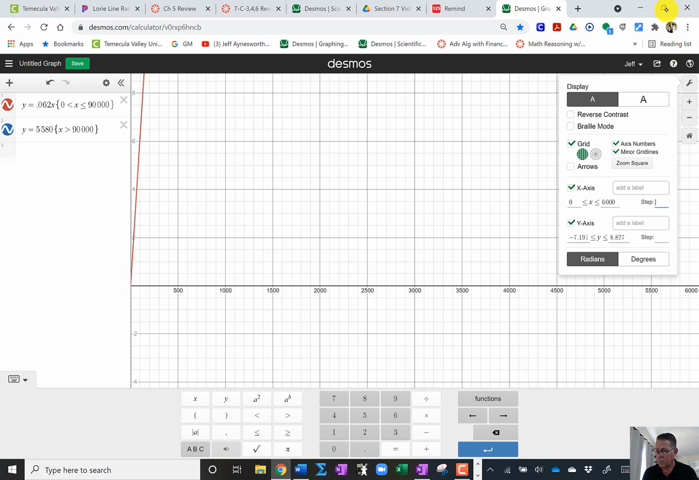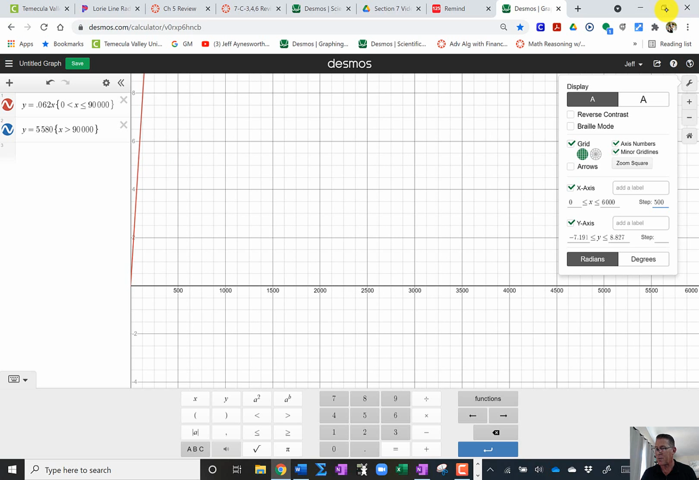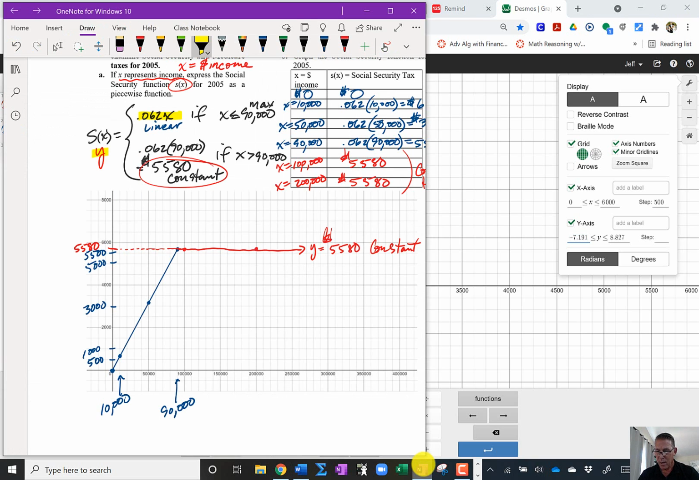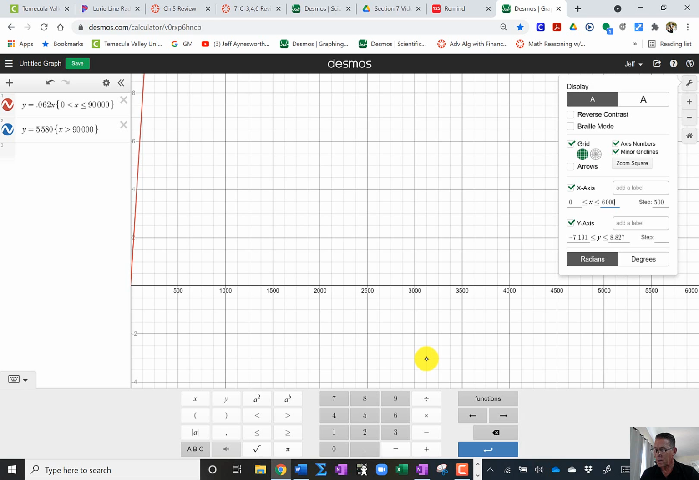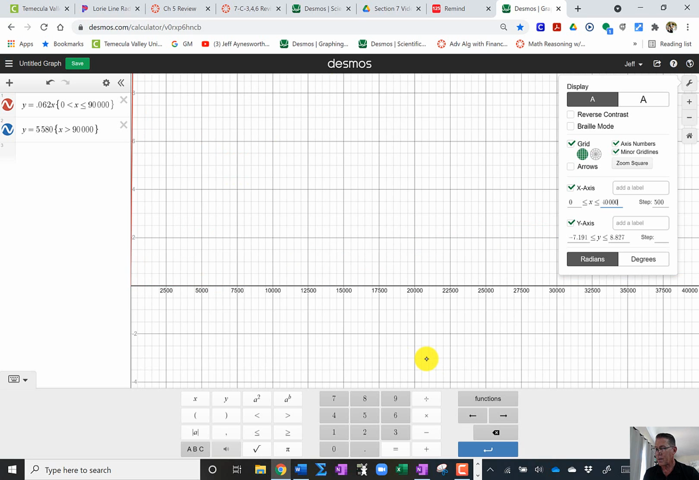Now this is what you see in your review that I printed off for you. Notice right here is what's called a cusp. The cusp is the turning point. So at 90,000, it goes from sloped to horizontal, because when your income is greater than 90,000, like all these numbers are greater than 90,000, look at that screen, 97,000, maybe 150,000. When you go to the right, they're not going to tax you more than $5,580